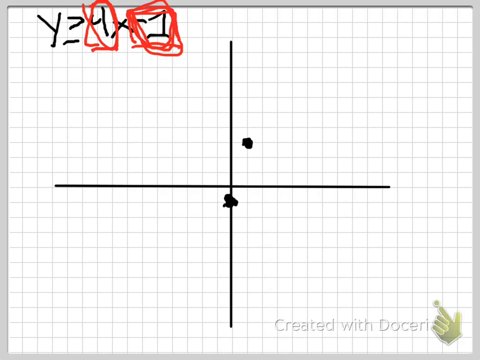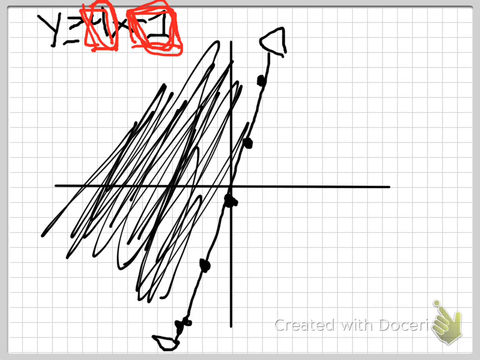You continue to do that until you have no more space, and then you go down until you have no more space on your graph. Since in this inequality you have an equal to, you have to make a solid line. Every time you have an equal to in your inequality, you have to connect the dots with a solid line. Then you have to finish off. You have to shade all to the left, because all those numbers to the left are the possible solutions to